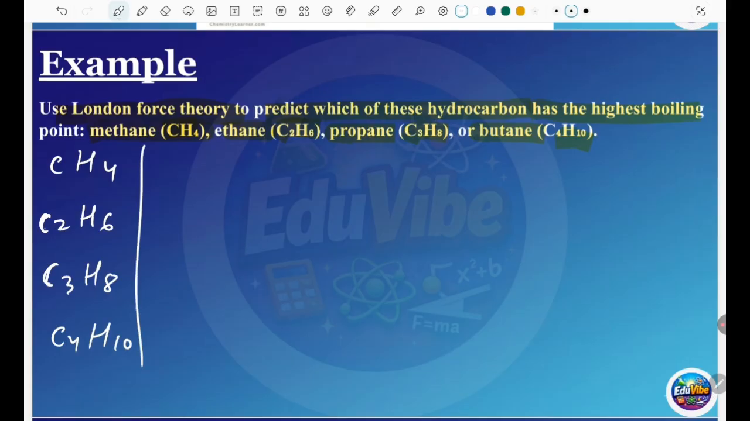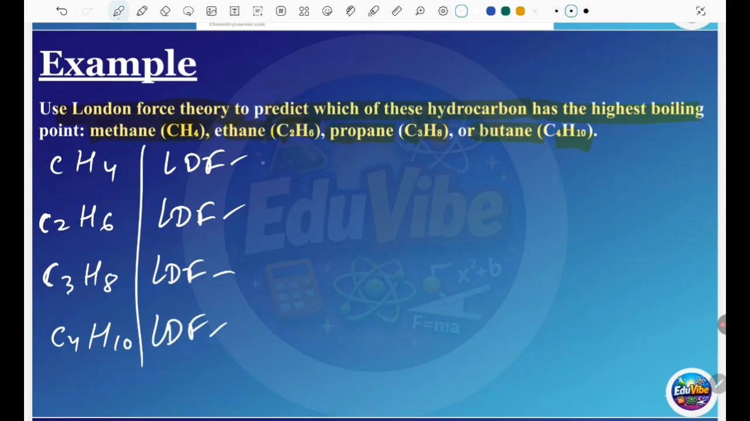So first we have to find whether they have LDF or not. As I told you, all the elements, all the molecules, all the substances have some. Every time they have LDF. So this means this has LDF, this is also LDF, LDF, and LDF. They all have LDF. If we talk about the dipole one, which is the polar one, so if we write the dipole,